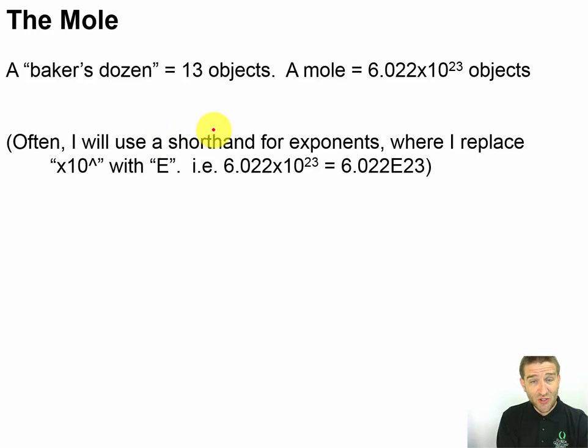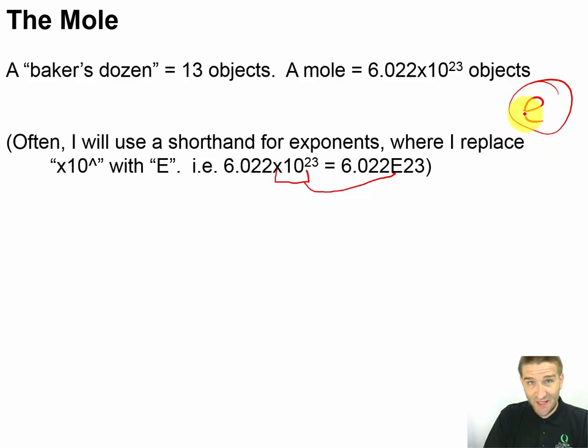Now, I'm often going to use a shorthand, and this is one that matches up with the calculator buttons that you'll have, and something that you'll be used to seeing if you've worked in Excel very much. Instead of writing the times 10 to the, and instead of making the power actually be raised as an exponent, we just replace that part with capital letter E. Some of your calculators might say EE in lowercase, which is terrible of them because they could confuse you and make you think of the natural logarithm